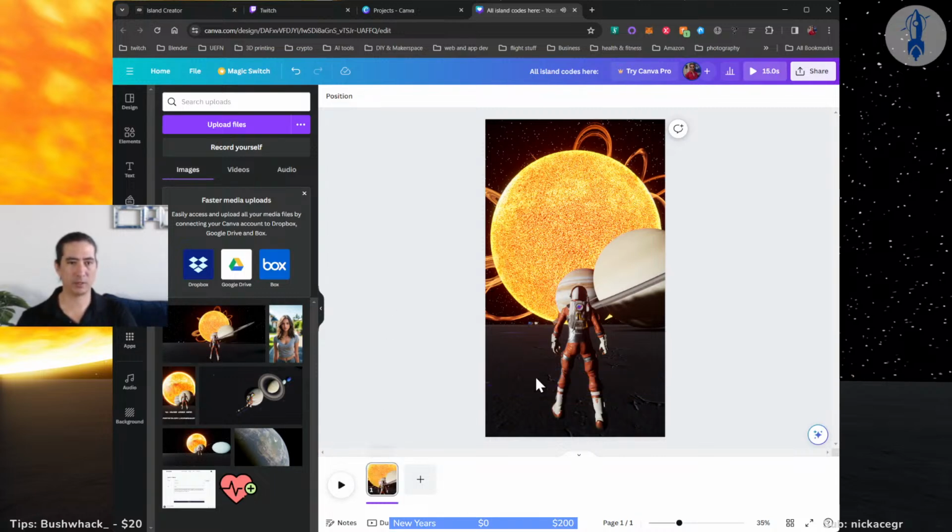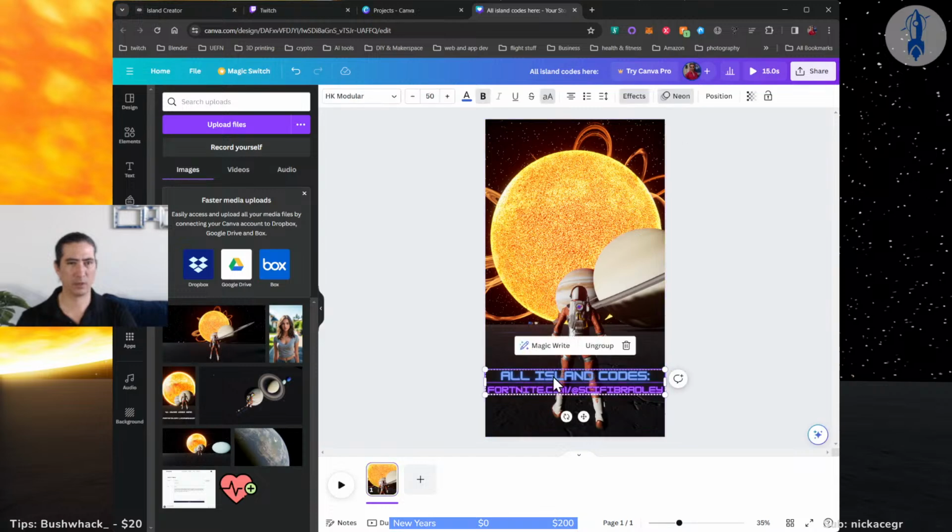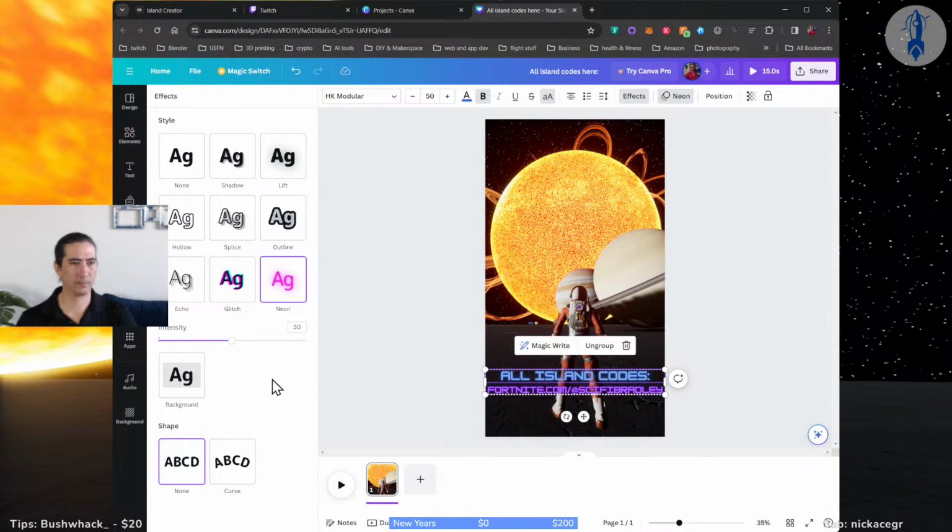Also, I don't want the text to disappear. How do I do effects? It says none. There's neon. I don't want it fading out. I want it to stay on the screen.